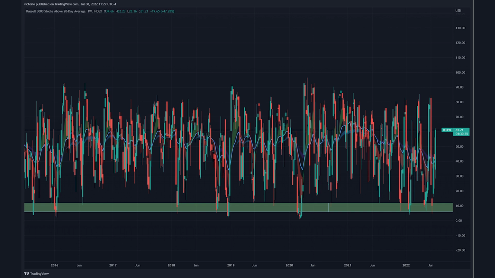When the market gets oversold, there's going to be about 10% of stocks that are above their moving average. The 90% are going to be below that 20-day moving average, which tells us that things are getting extremely oversold. So now that we've seen the actual imagery of this, we want to make sure that it makes sense. So what we're going to do here is actually compare them. We're going to go side by side, and we're going to put the